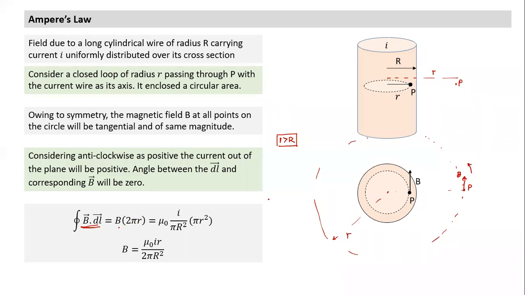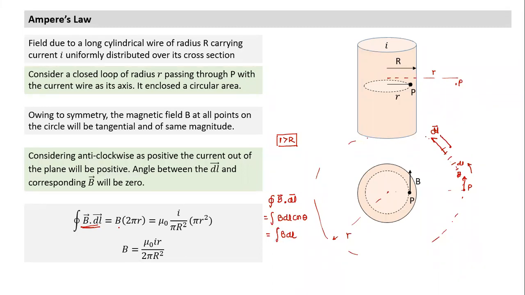Different value. Why will it come different? Tell me, what are we evaluating? We are evaluating B dot dl. You understood what B dot dl means? I have divided this whole loop into several small pieces, and each one is a dl. What is the direction of the dl vector? It's a vector quantity. Along the tangent. And what is the direction of B at every point? Tangential. So everywhere the angle between them is zero, and when we write the integration, rather than the dot product I can write B into dl into cos theta. If it is tangential, what is cos theta equal to? Cos theta is equal to 1.